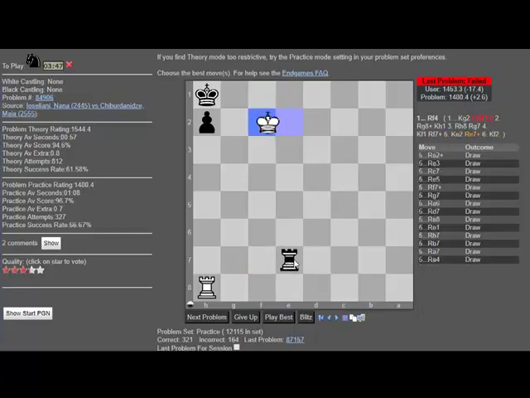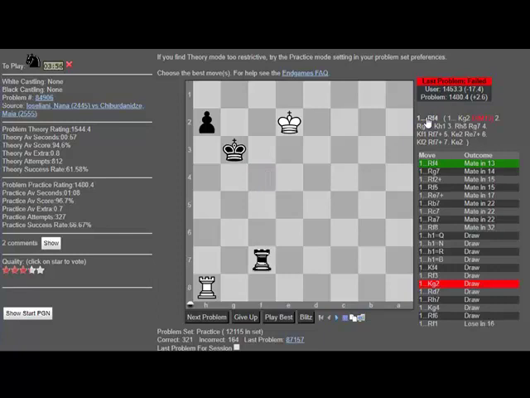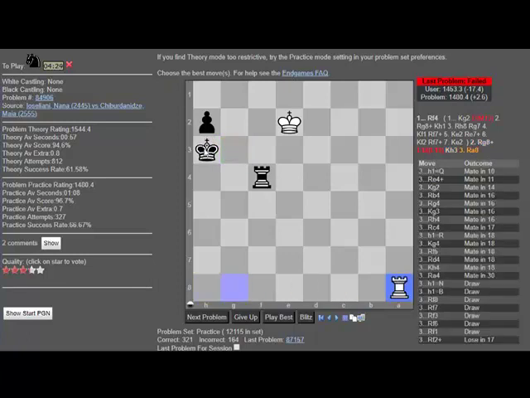Rook e7. Yeah. Because now... Okay, I have to... What do I have to do? Rook g4. I mean, rook f4. Rook f4, and then how about king h3 and